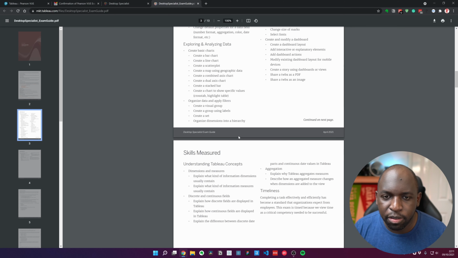The pass mark is 70%, so you just have to make sure you gauge how much of this you're comfortable with, and can you recall all of this in your head? Tableau exams of the past used to let you search the internet and do a bunch of other things. They don't do that anymore with the new Pearson Vue setup. Essentially, you're in a contained environment, and so don't expect to have things like the help menu and so on